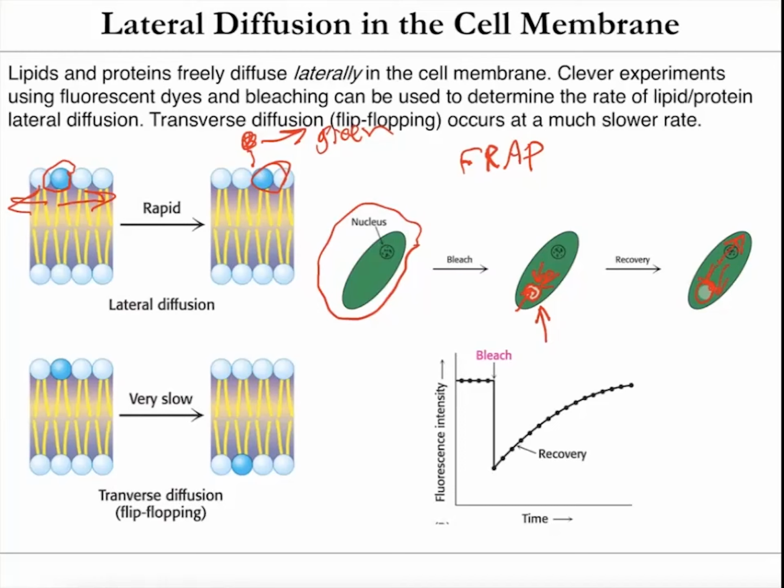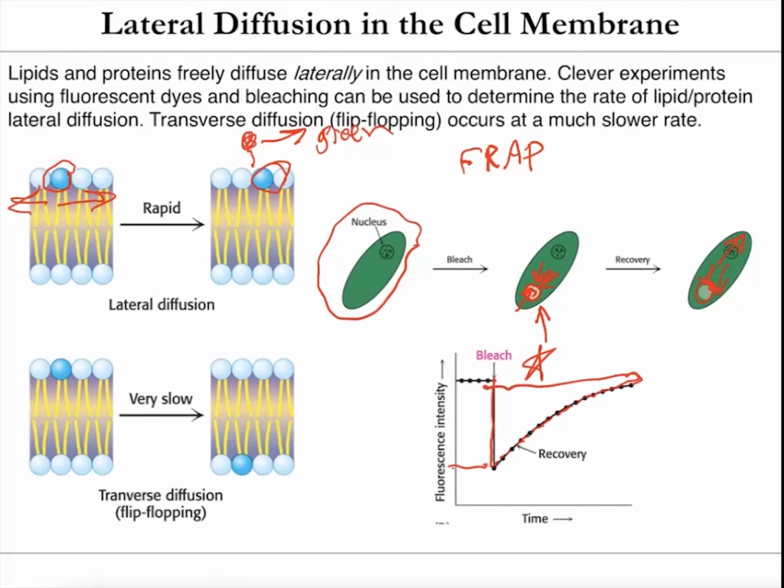And that's because those lipids in the membrane don't form polymers, as I said before. They form associations, but they're moving around at all times. You can imagine taking your finger and stirring it around if you were very, very small. I don't show a lot of data in this course, but you can see from this that you bleach it and there's no fluorescence right here. Then slowly those other proteins and lipids start to move into that region, and you get the original intensity in that region. So lateral diffusion, proteins and lipids moving side to side, happens very rapidly.